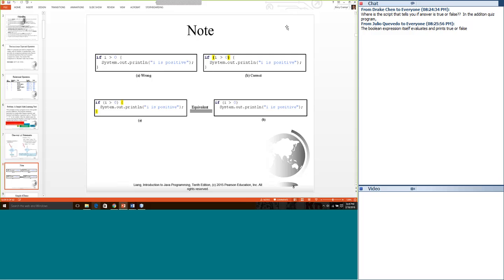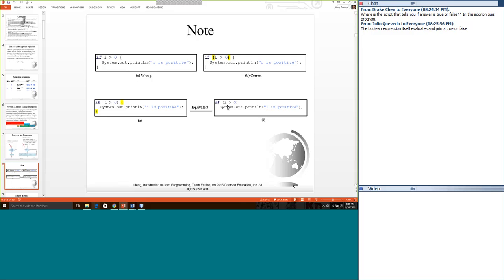But anyway, the point behind this slide is basically make sure you put parentheses here. This right here is the equivalent of that. What this is saying is that if i is greater than 0 and you have a block and there's only one statement inside the block, you don't need the curly braces. So they've removed the curly braces and said if i is greater than 0, well then execute the next sequential instruction.